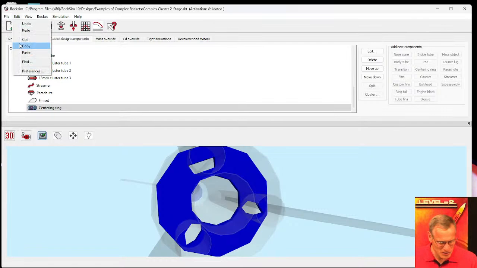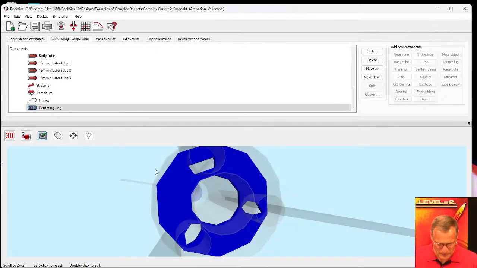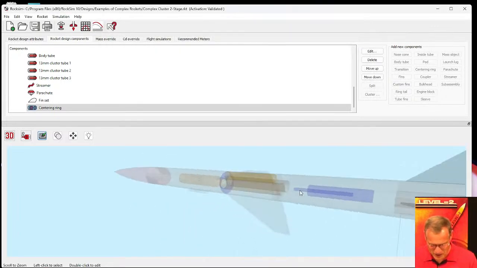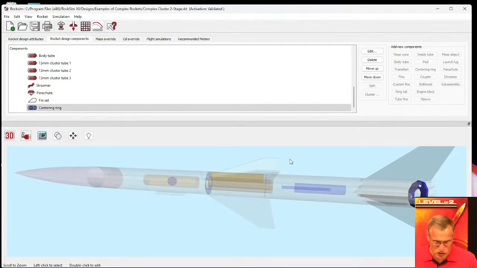Did I not change it? Let me double check. Preferences, 3D rendering, circumference. Yeah, it should have rendered internal sites, variable resolution. It should have took. I don't know what's going on. But normally, by default, it's usually set at a high resolution. So I don't know what's going on. Anyway,